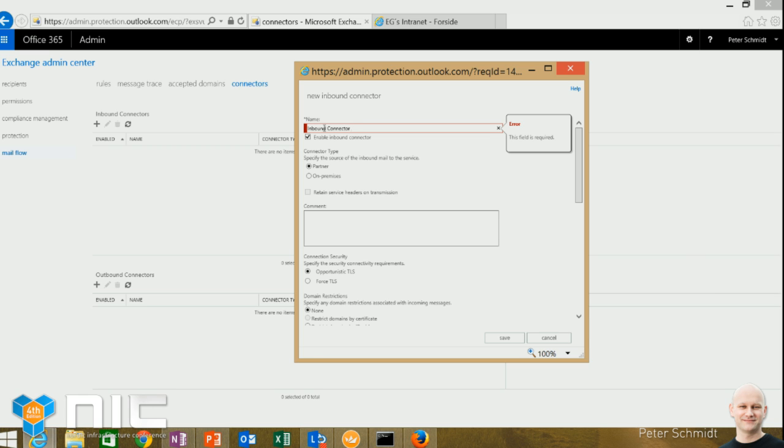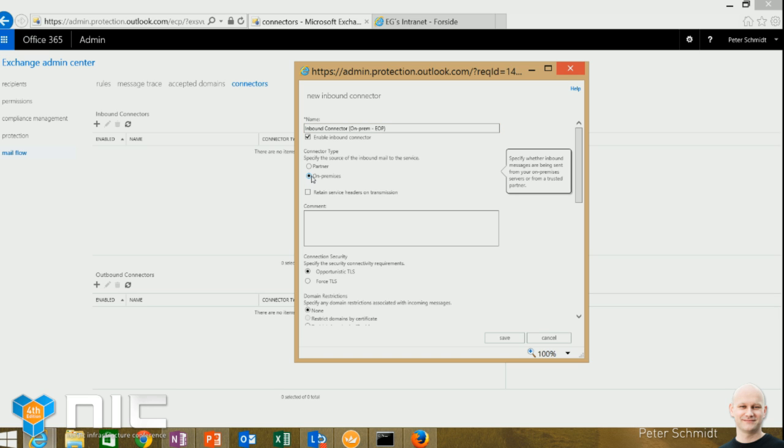Which will be here. Let's see. From on-prem to EUP.